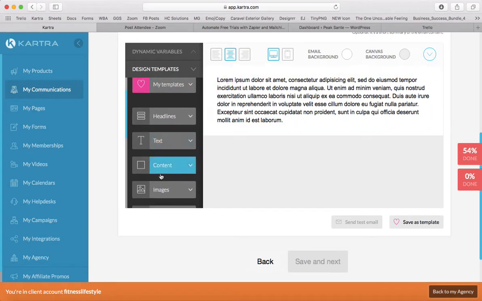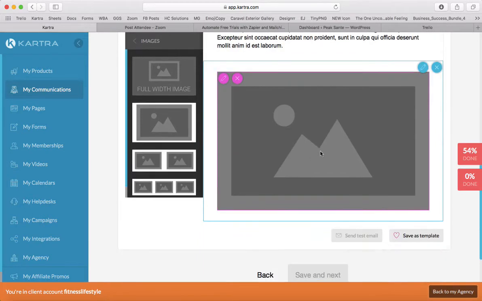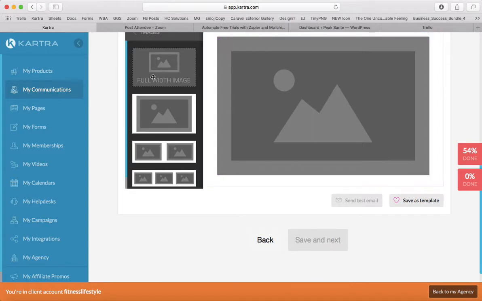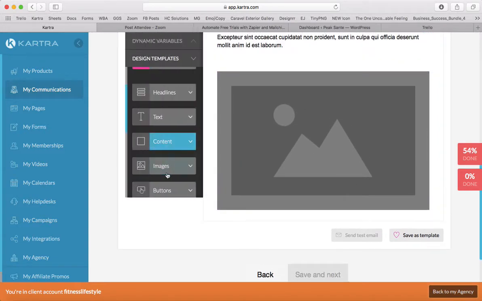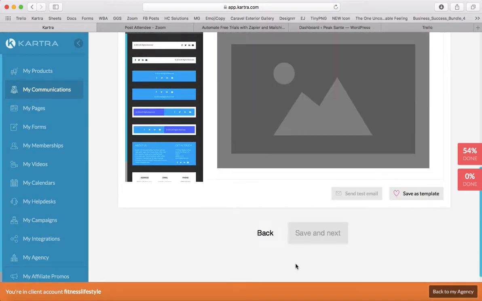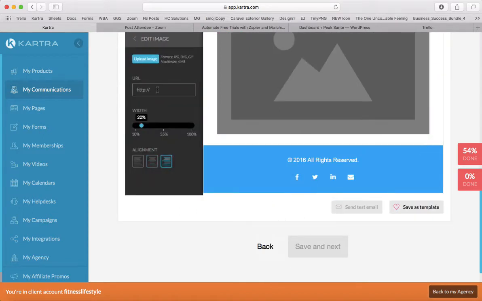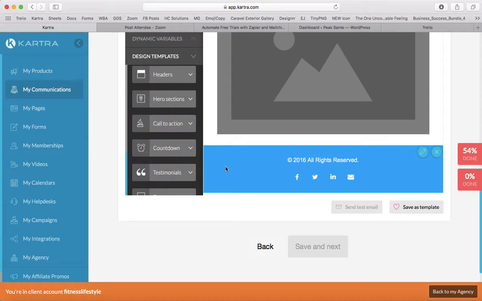So I generally do text, maybe you'll do images where you can add a picture, you add your photo, add a picture of your signature for some personalization, and then you can add, from the design templates, a footer, which you just drag and drop here. Then you'll want to go in and update these links with your social media account handles right here, so you can just add the URL of your Facebook account, Twitter, LinkedIn, and these different footers have different options,